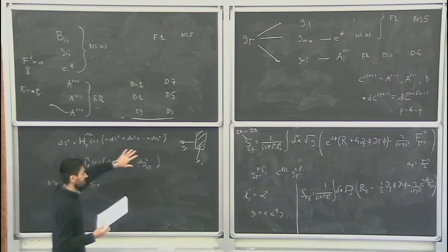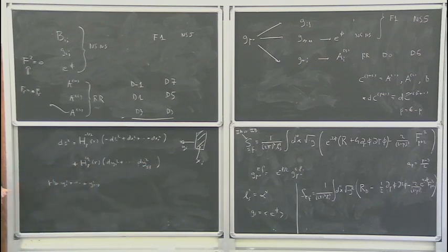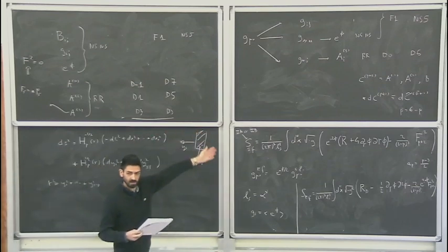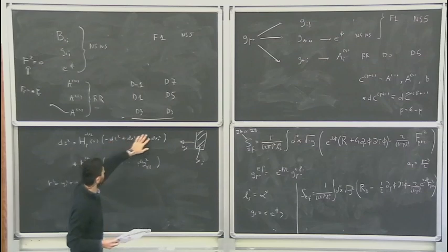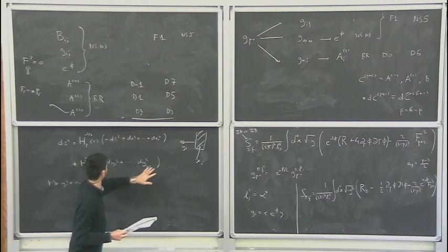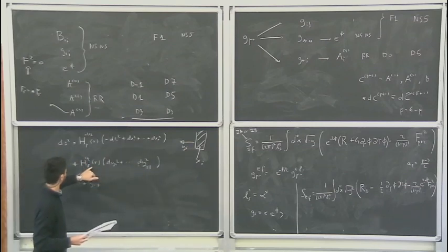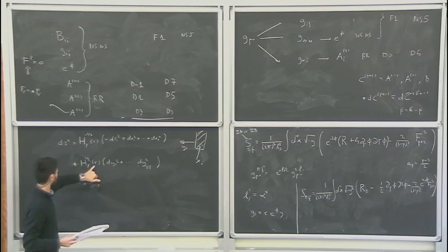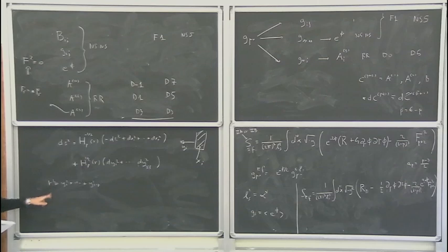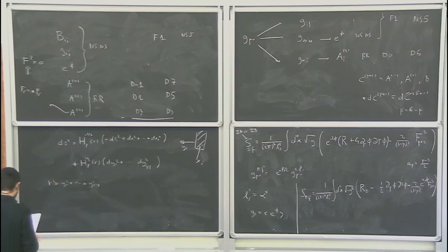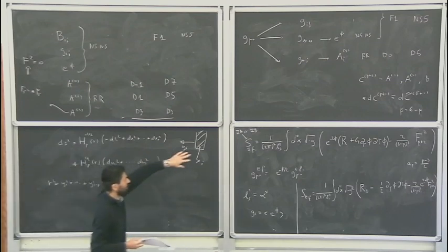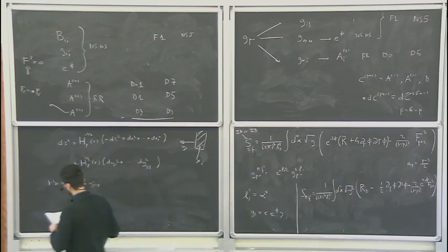Okay, so all of these things are not derived from anything in particular. There are assumptions, right? I'm assuming that the object has these symmetries: I want something that has the symmetries of the Lorentz group along the space-time directions and also of the rotation group in the transverse space. That implies that this function can be at best just a function of the radial distance. So in a sense, this is all kind of spherical. With this assumption, and that's why I have this ansatz, if I plug it into the equations of motion, then I will reduce this to